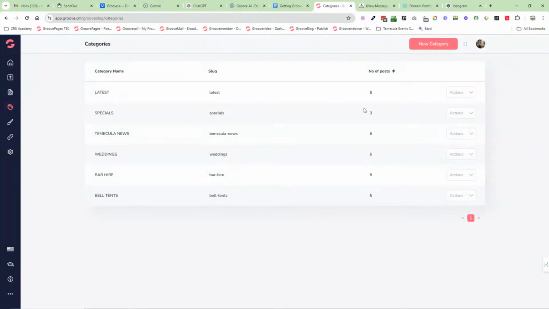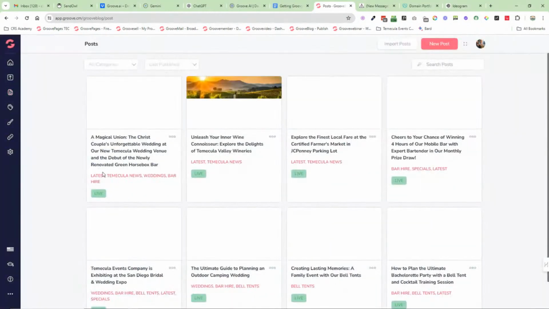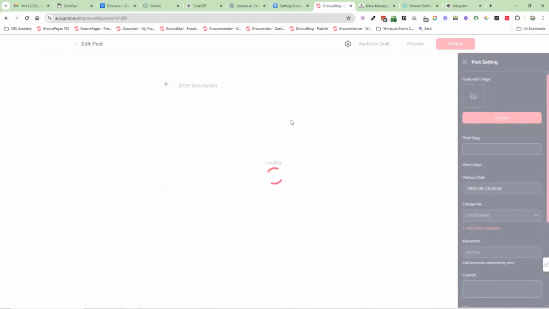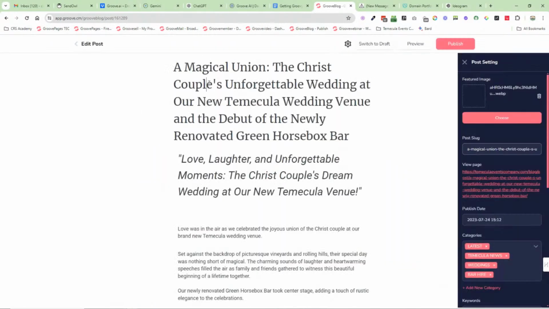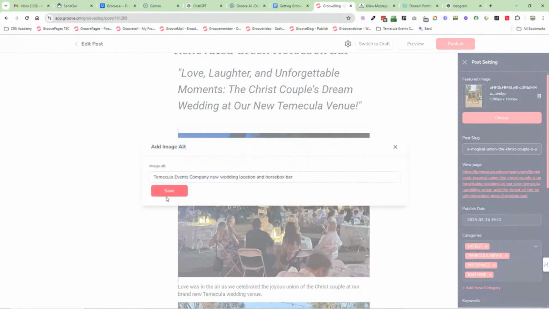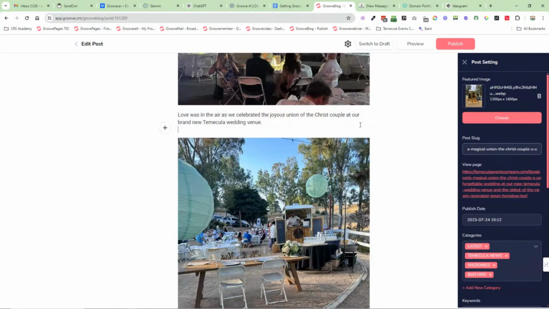Also, you can go directly into categories, add new categories, edit, delete, etc. And then you have, if you're setting this up the first time, it will probably give you 5 dummy posts. And just click to open the editor, and then just overwrite everything. So this will be your headline, and you've got some text here, images. You can go in here and you can change out tags, etc. If you want to add anything, you just press enter. There's a little plus button. You can add some additional things.